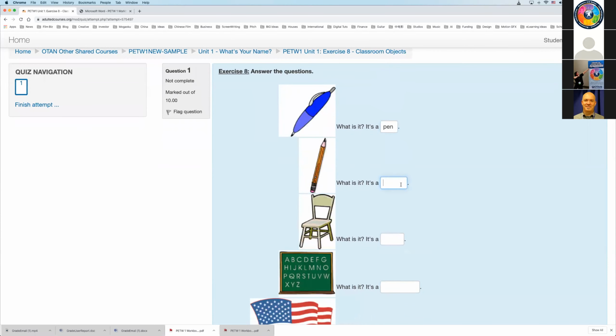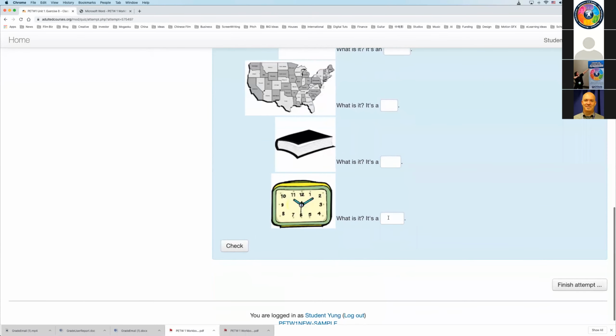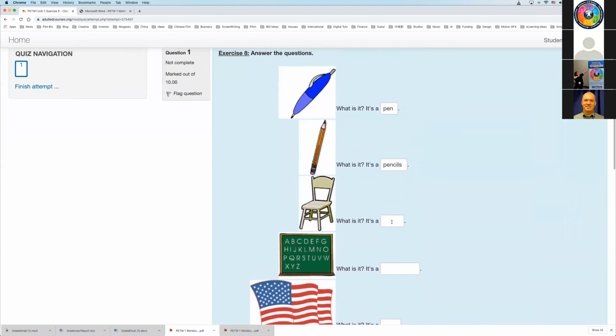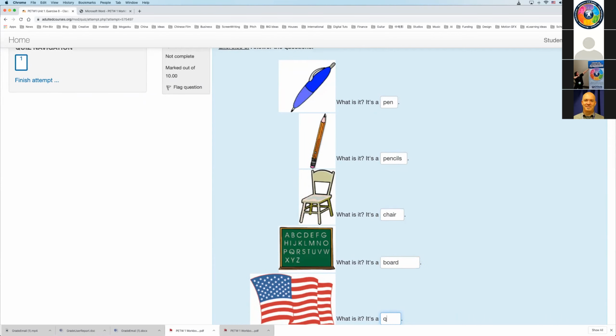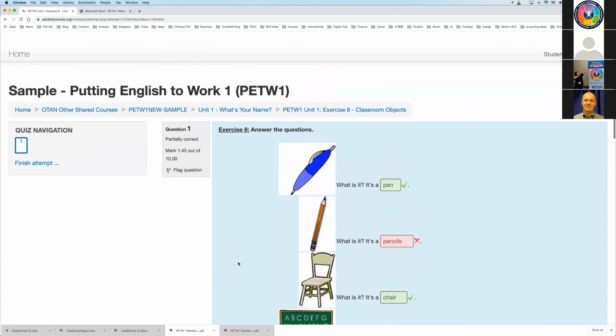We can try a few things. Remember, in order for the check button to work, every box has to have a letter in it, okay? So I'm just going to randomly type in some things so that I can activate the functionality of this check button, okay?